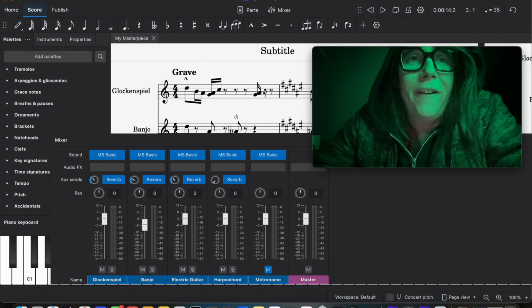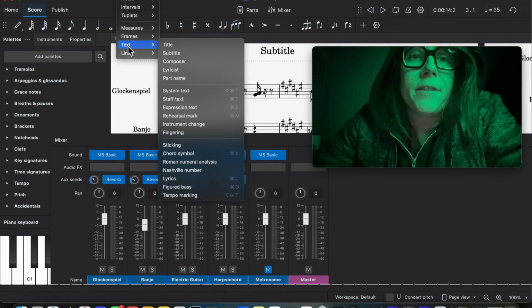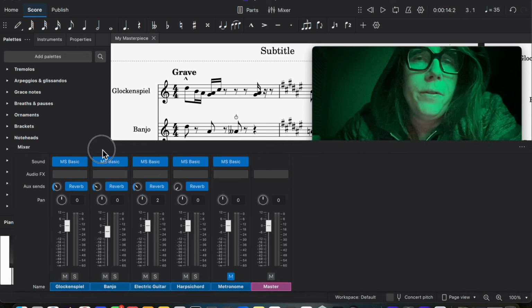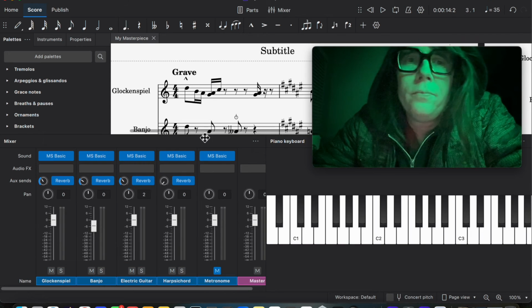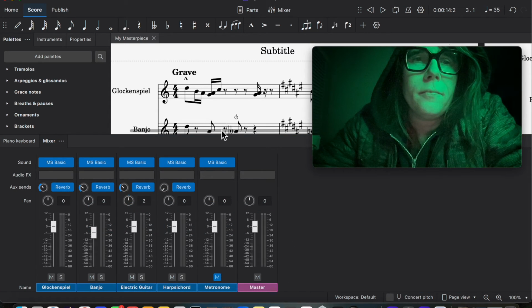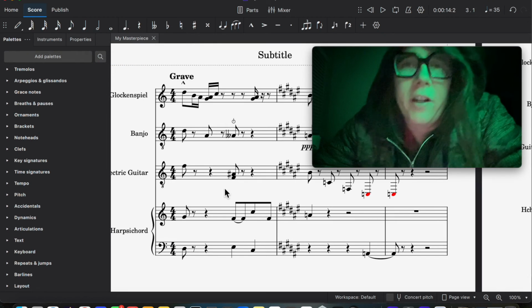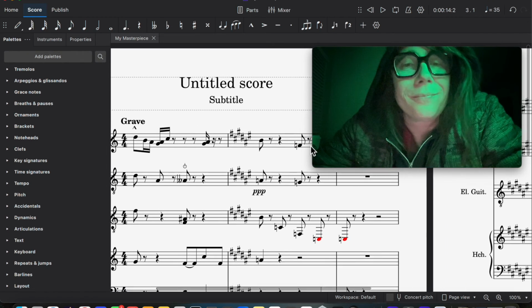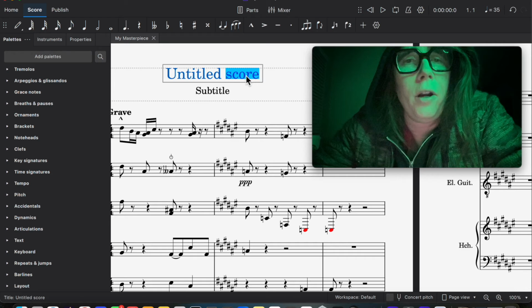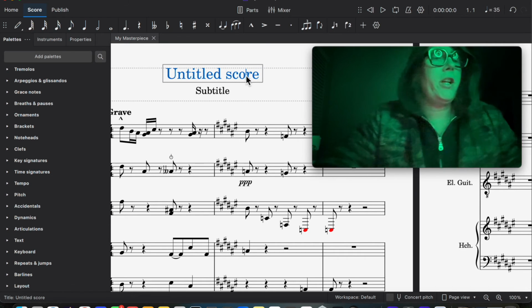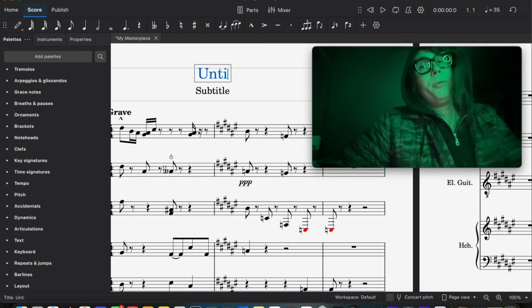So add text. Now, let's say I want to add some text to something. This is really cluttered. I want to get rid of these. Goodbye. See, I'm getting rid of them. Tired of fighting with them. I want to change the score. I double click it. It lets me change the text, and I'm going to put